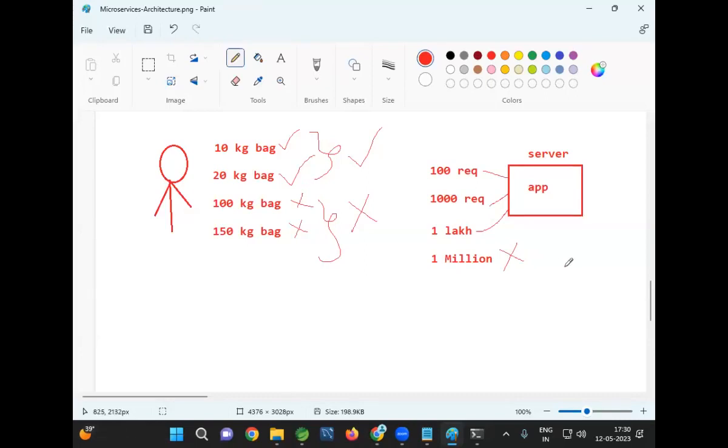My server is not capable of handling 1 million requests at a time. Now tell me, when I give a bag with less weight, the person is able to carry it. When I give a bag with more weight, the person is not able to carry it. Similarly, whenever we deploy our application inside a server, if a less